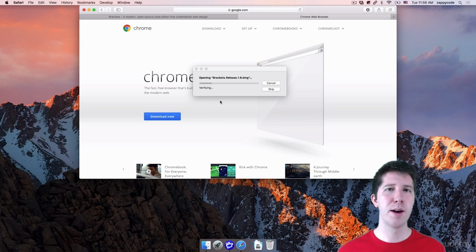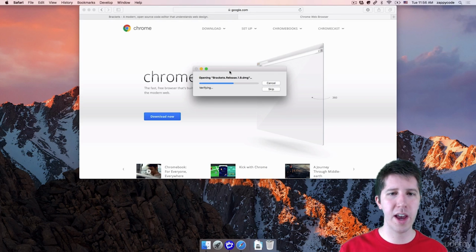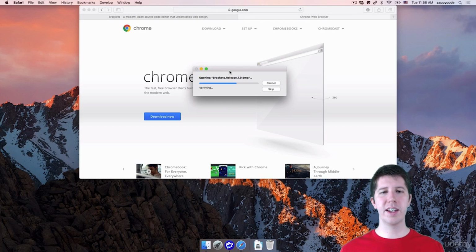Now I'm installing Brackets here on a Mac. If you're on a PC or Linux, it's going to look a little bit different, but I'm going to assume that you know how to install things there. If you have any questions, please post them. Phil and I will be more than willing to help you to make sure you get on the right path there. Okay. So this is going to go ahead and first get this installer up and running.